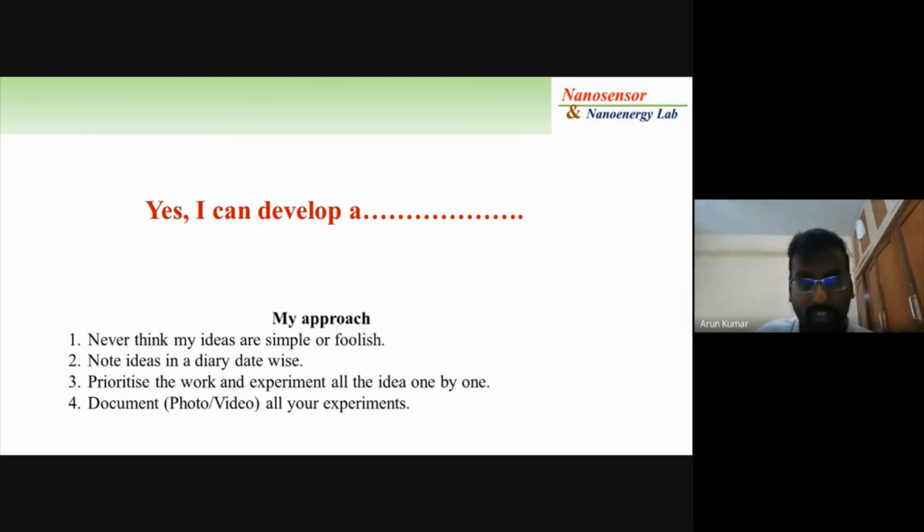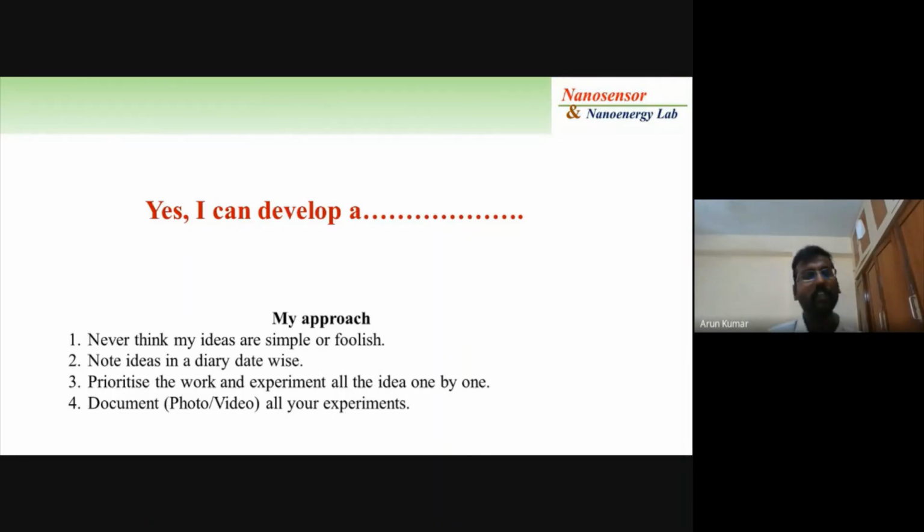You should try to prioritize your work. We, as faculty, have a lot of work: student mark exams, your research, then your academic work. Research is like this: once the idea comes to your mind, that's your novelty, and you can lose your novelty. When it comes to your mind, at the same time that idea might be in someone else's mind. So once you have it, you should prioritize and start working to complete that project.